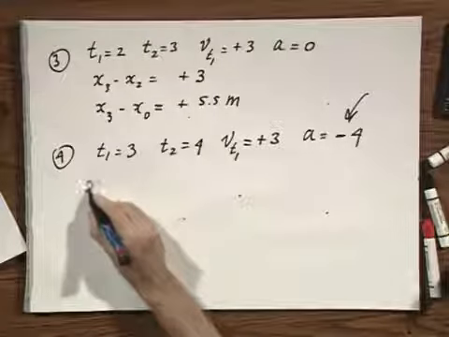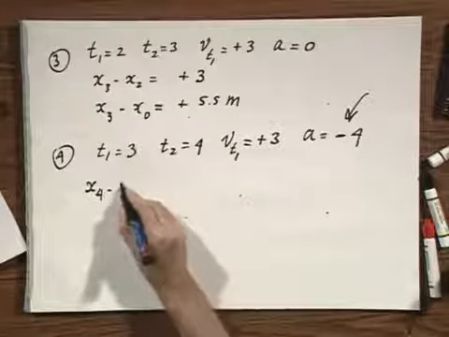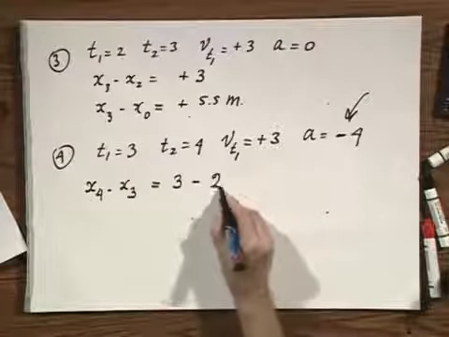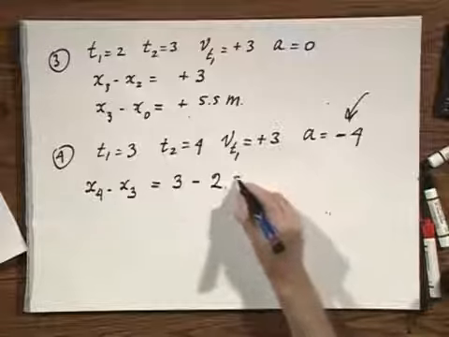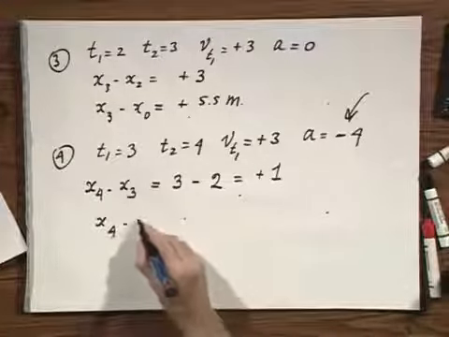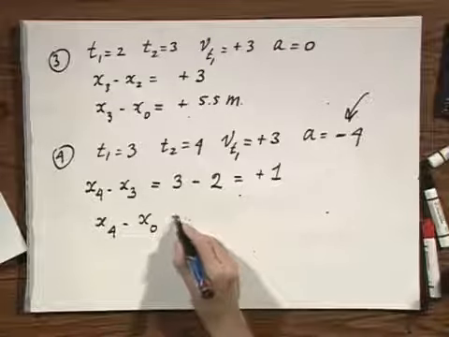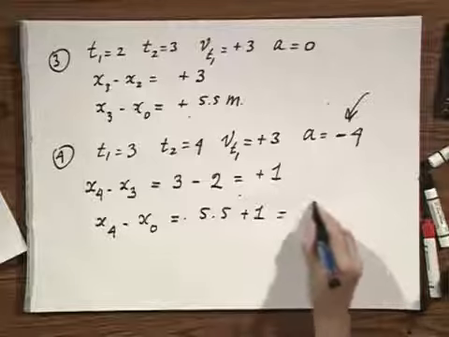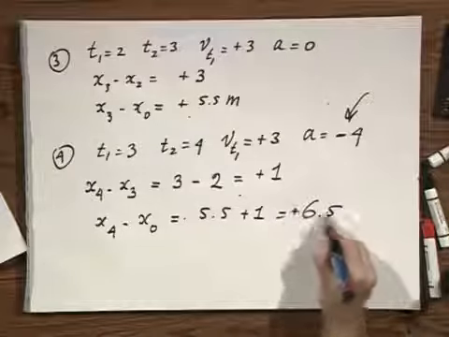And I now calculate what x4 minus x3 is, and I find that is 3 minus 2 by using the equation that we had, and that is plus 1 meter. And so the net result is that in 4 seconds the object will find itself at the position plus 6.5